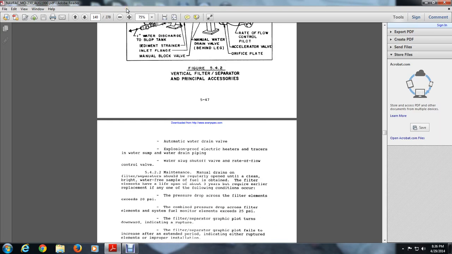Principal accessories: the automatic water drain valve, explosion proof electrical heaters, tracers and water sumps and water drain piping, water slug shut-off valve, and rate of flow control valve. Per the 5.4.2 maintenance manual, drains on unfiltered separation should be regularly opened until a clean and bright, water-free sample of the fuel